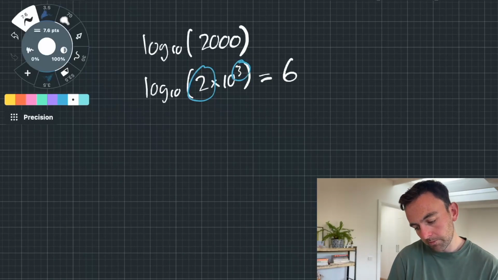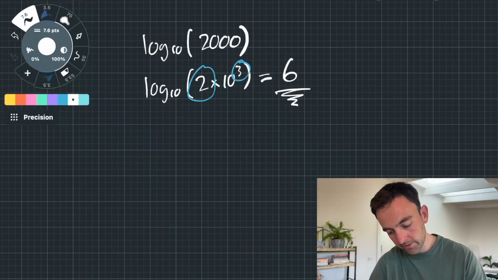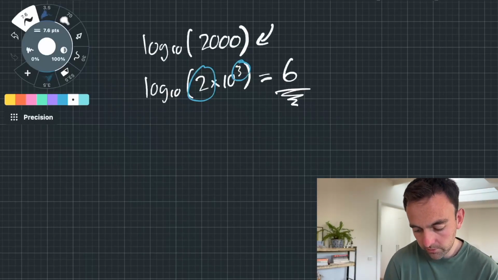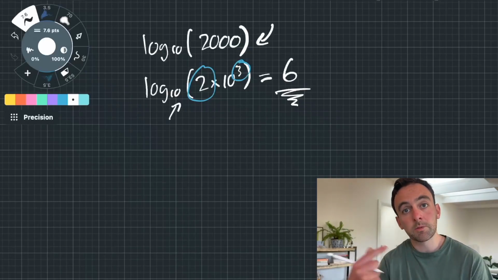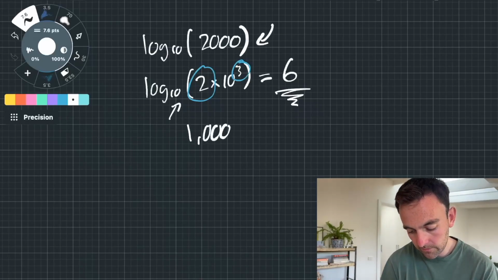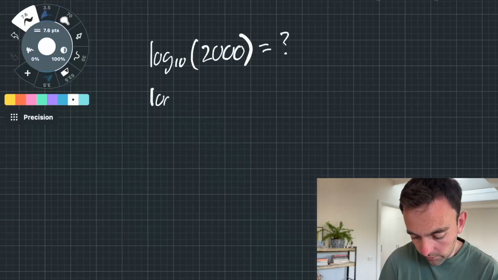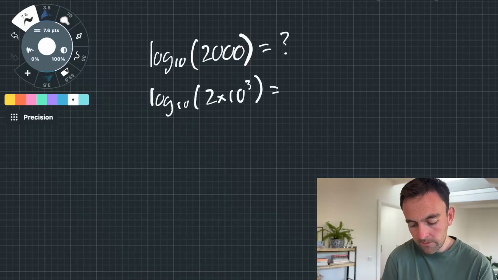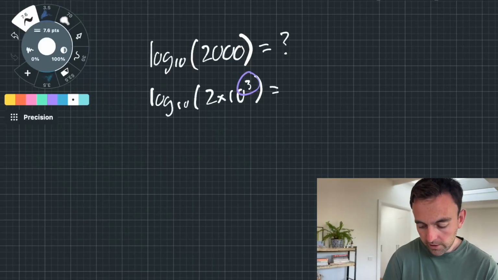Because really, remember, this number tells you how many times we need to multiply the base by itself. So we're now saying that 2,000, right, our number 2,000 is equal to 10 multiplied by itself 6 times, which is actually 1,000,000. So how do you solve these? Well, you actually do go through the same process. So you convert it into scientific notation. And my advice is just to take the exponent. So as I had before,